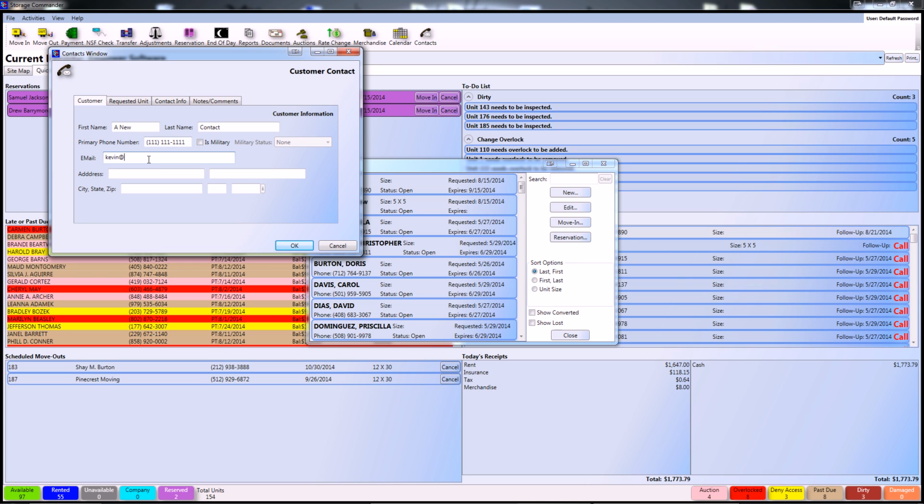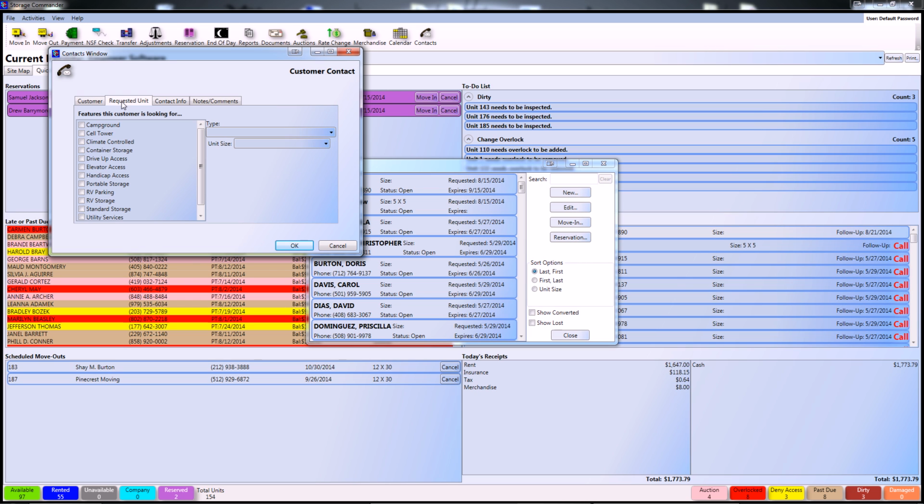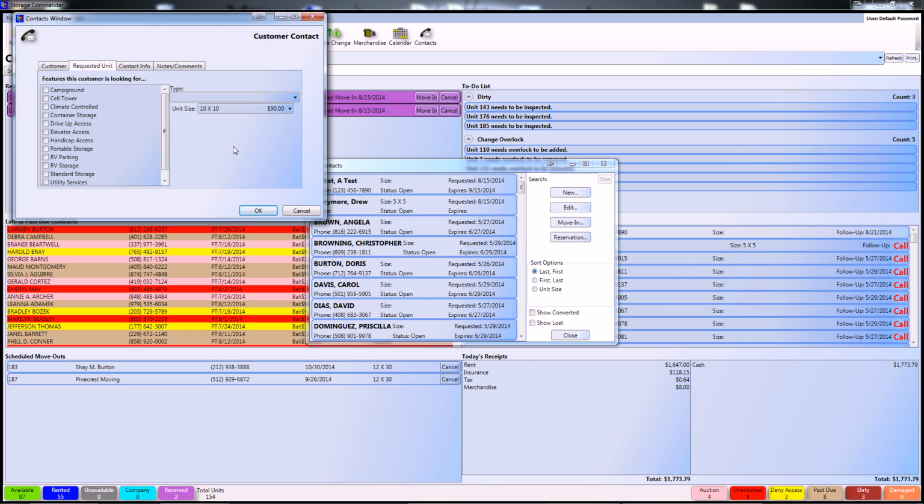Once you have gathered enough information for your contact, you can go ahead and proceed to requested unit. This will basically be just telling you what type of unit the customer is interested in. For here, we're going to go directly to unit size and just say that they've shown some interest in 10 by 10s. If that's all the information that you've gained from the customer during that call, you can proceed to